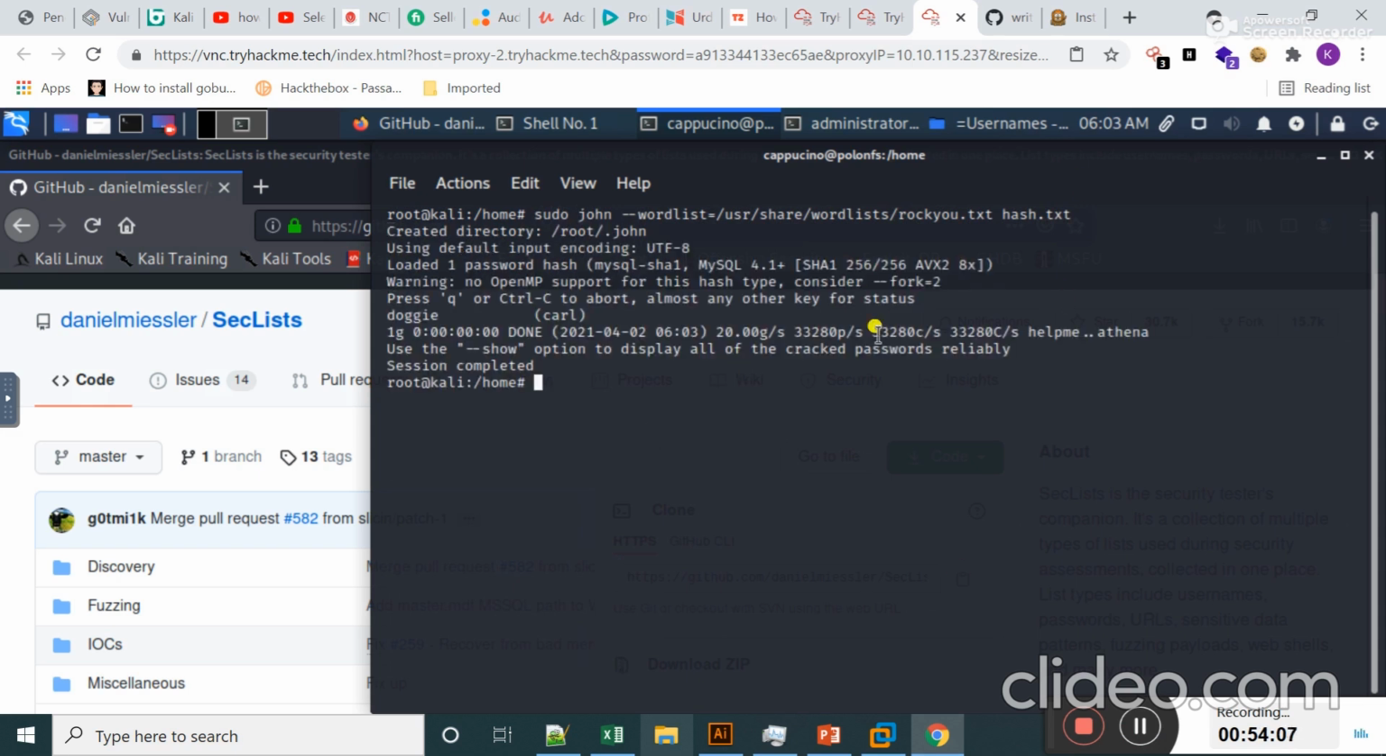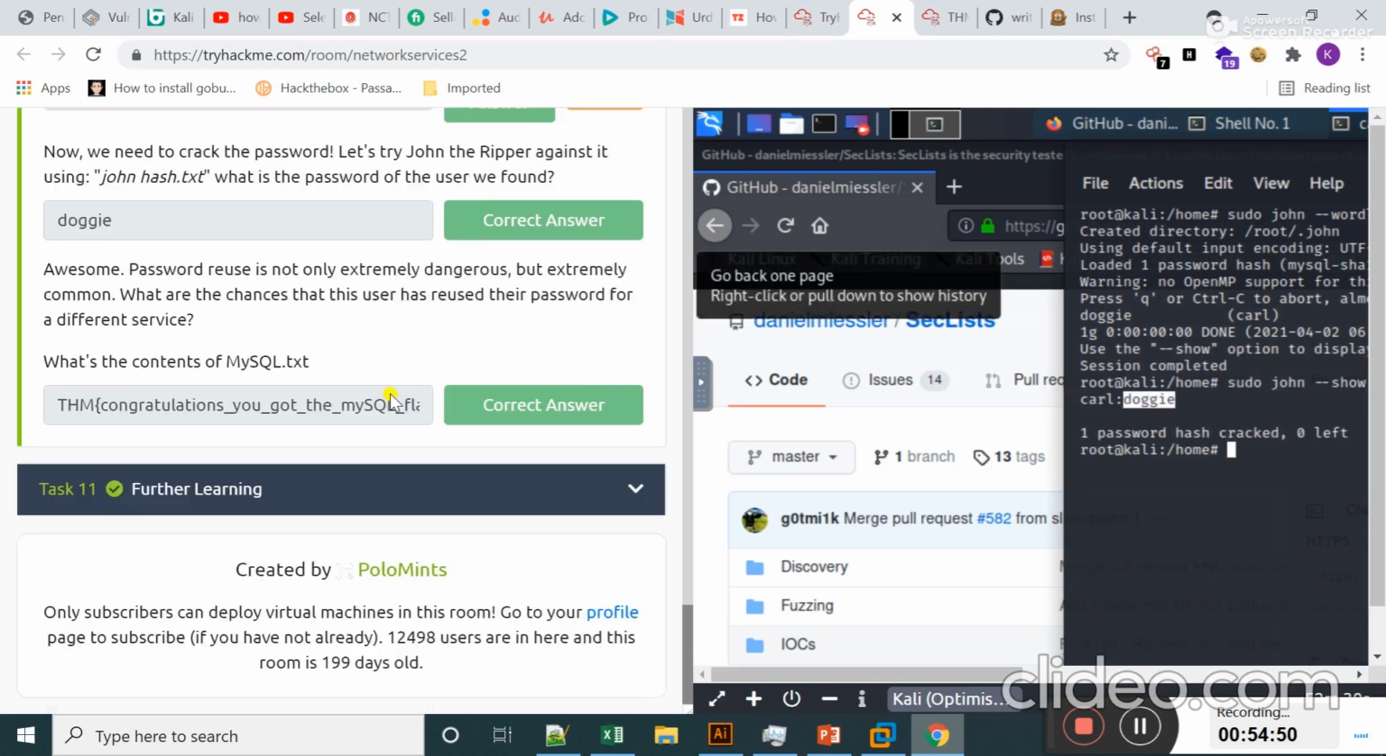Okay, now guys, you can see that John is trying to crack the password of this user. Okay, now I want to type here show hash.txt. Okay guys, you can see here that the password of this user is cracked. You can see the password of this user is this one. I can copy it from here and paste it here. What is the content of